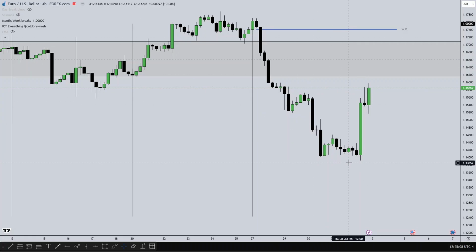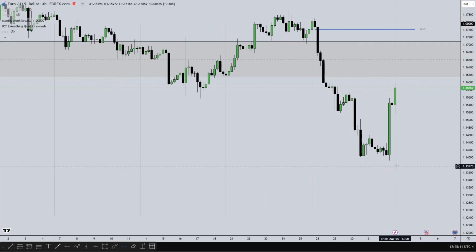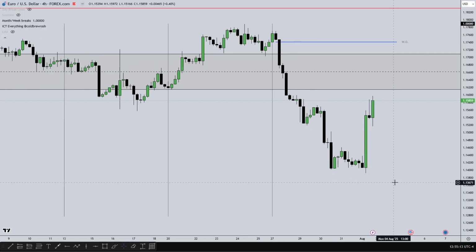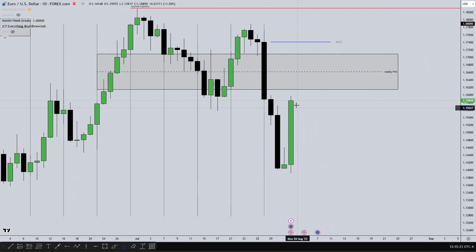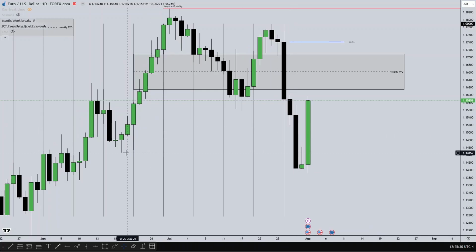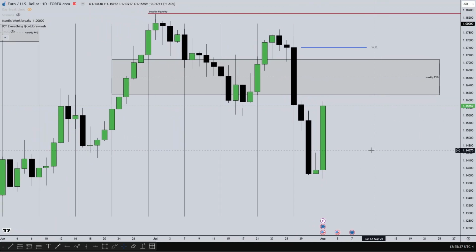So make sure you do your own personal review, your own personal study on what price did last week. There's a whole lot of areas to look at on the daily chart to anticipate a down close candle throughout the week, because price took out this low on Monday and on Tuesday. So on Wednesday you'd be anticipating price to go for a swing low. So study what price did on Wednesday, study what price did on Tuesday, because that will help you understand price better and learn how to align the daily and the weekly time frame.